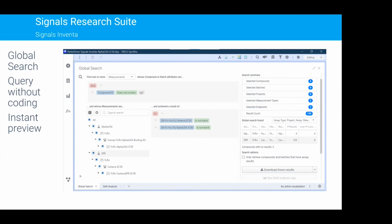You don't have to code anything, and in this case we have the alpha LISA and the SPR here, and of course you can search through them. There are many other layers, or many categories, that you can add to this. The interesting thing is that on the right-hand side, by actually assembling the query, you can already preview how many data points you will get back. And so this is very comfortable for the scientists, they actually know what they will get, and then they click the button to download the results, and